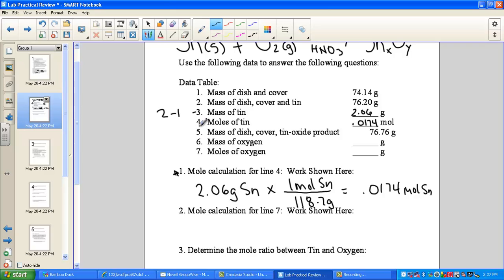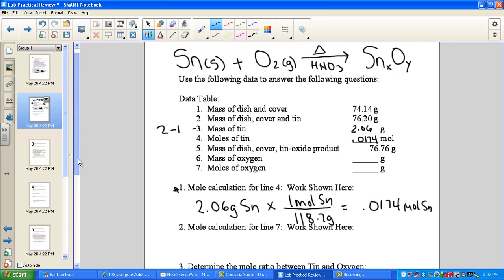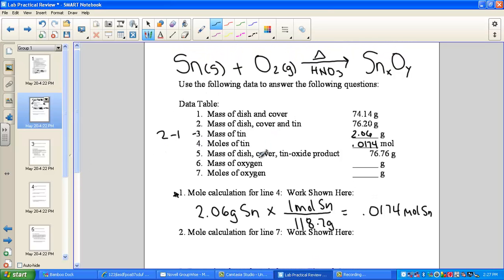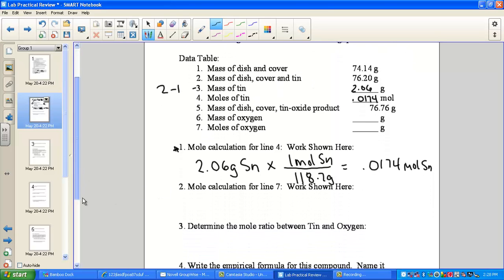Now, this is where we begin the actual reaction. So far we've just walked to the scale, weighed out some tin, and did a mole conversion. Now we want to force it to oxidize. So after weighing the tin, you'll be instructed to go to the fume hood and pour on nitric acid. Be a little patient because it starts to bubble, and you want to let it go a little bit so that you don't have to breathe so much fume at your individual table. Let it get going and then kind of settle down before you go back and put it over a flame